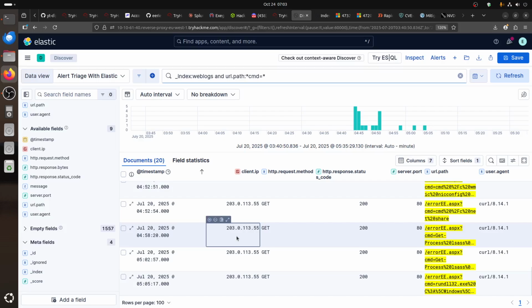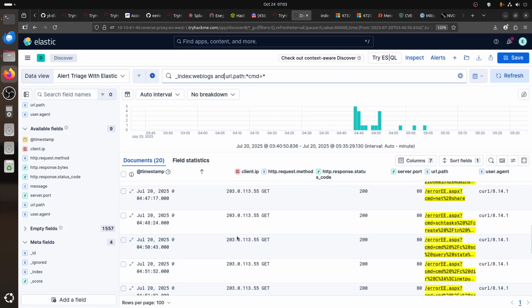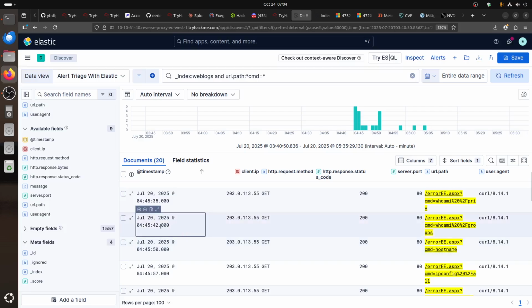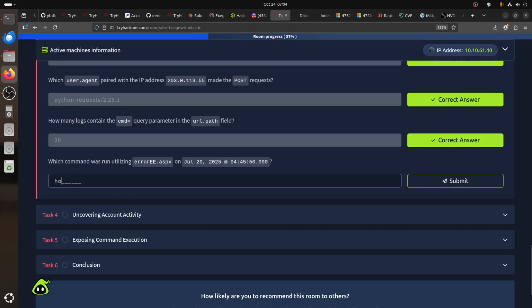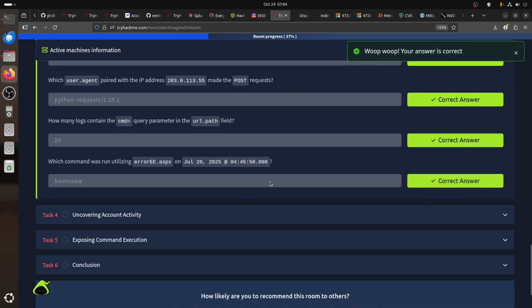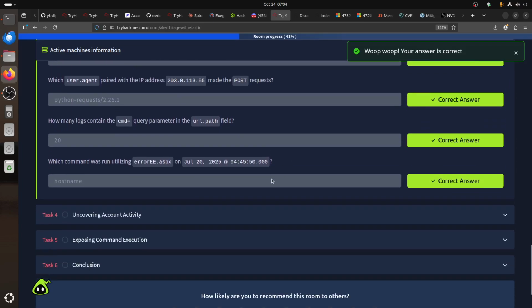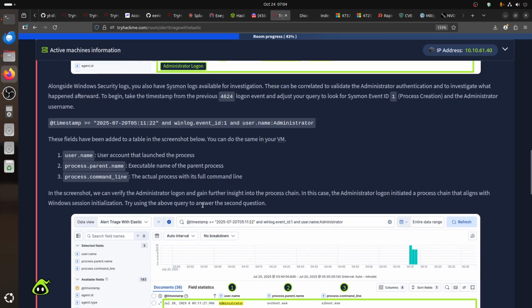Where is 4:45:50? Can we put this one up? We can't. 4:45:42, 4:45:50. So the command is host name. Okay, host name. But we can 4:45:50. With that, how does Splunk do the timestamp,